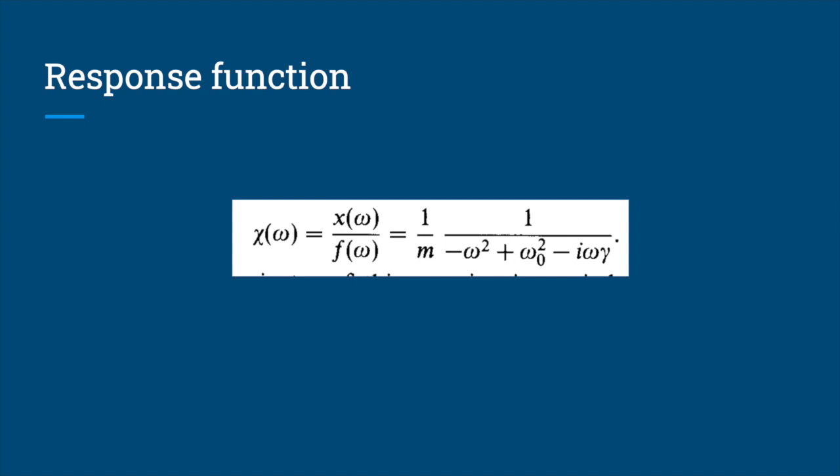This result is quite general. A static external force F will lead to an equilibrium displacement of x equal to F by k. And this we can see from the zero frequency limit of this equation. When omega tends to 0, this will become the static response function. When omega tends to 0, this term and this term will cancel out and we will have a positive term m omega naught square. And at high frequency, our response function will be directly proportional to minus 1 by omega square.